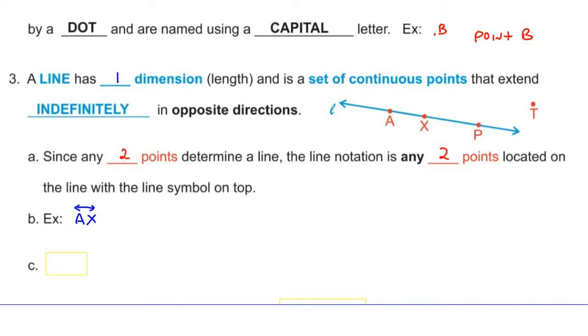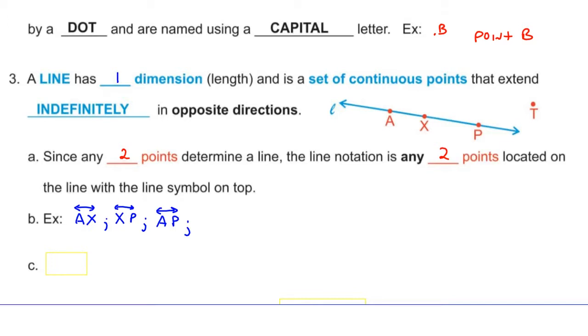If you don't, it's going to be something else. We'll talk about that in a minute. Okay, line AX. How else could I have named this line? I could have named it line XP. I could have also named it line AP. And as a matter of fact, there are 3 other ways to name this exact same line. It's all the same name. You know, Theodore and Theo and maybe Ted would be all the same. It's that idea. Okay, but notice each time we're only using 2 points.